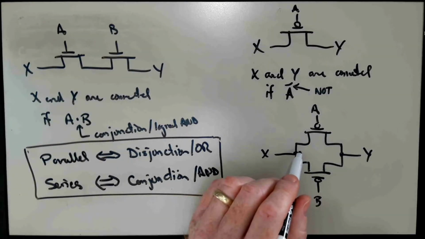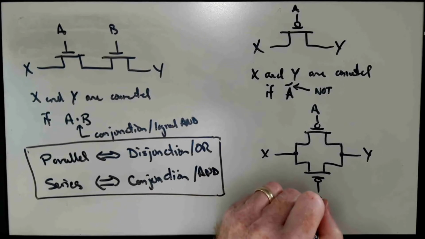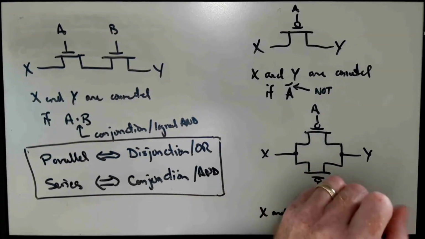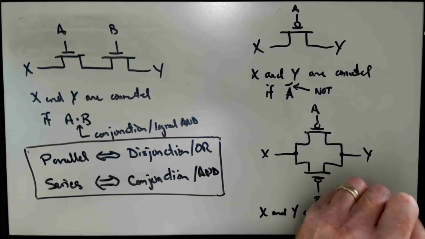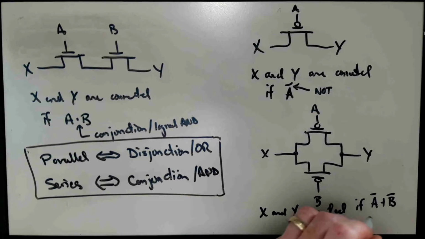And so here, x and y are going to be connected if not A or not B. So here we have the parallel configuration of the switches corresponding to disjunction, or logical OR, and the bubbles on the gates correspond to having each of these Boolean variables or inputs negated. And by one of De Morgan's laws, we can write this as